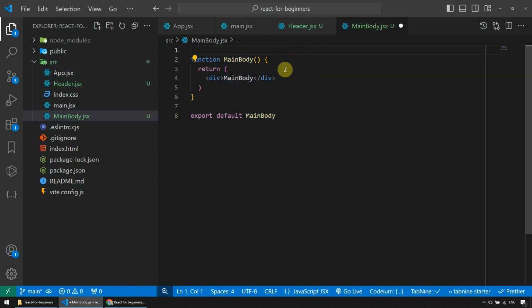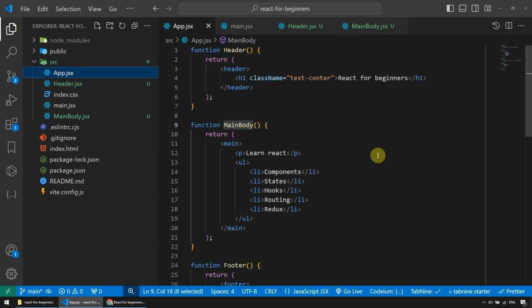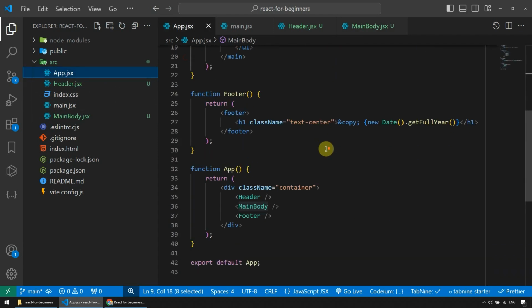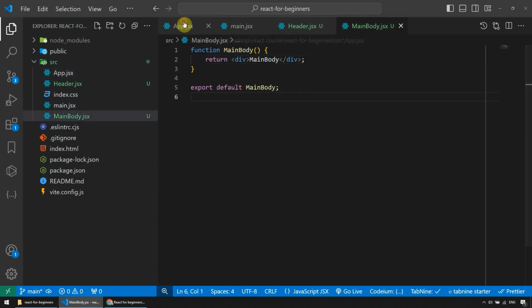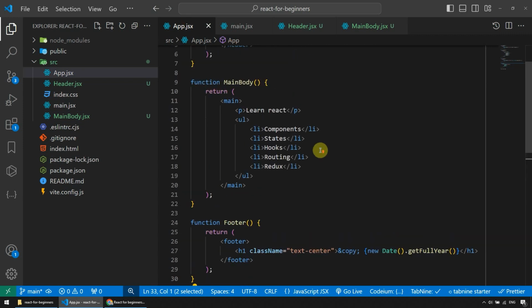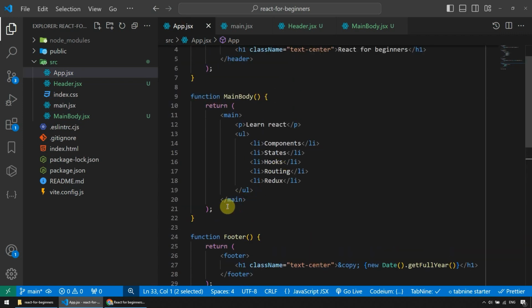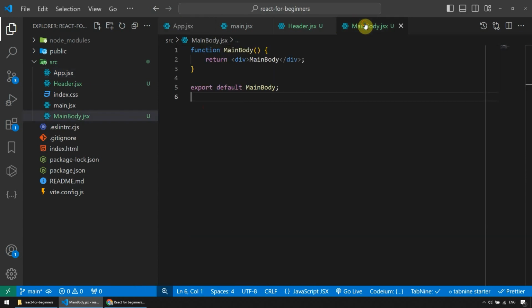Okay. And this can be arrow functions as well if you want, doesn't make a difference. I prefer this because that's what I get when I create the application here, this app. Okay. But you can use arrow functions if you prefer. Anyway, let me get from main body here this whole return thingy and just